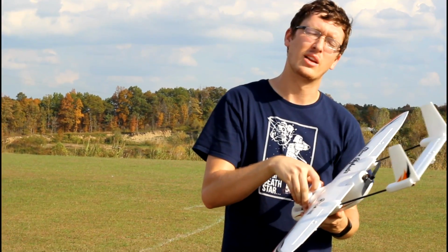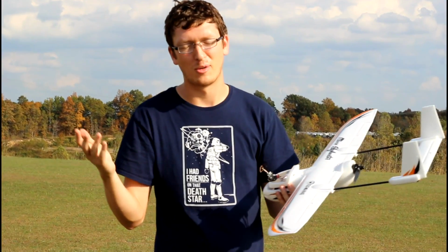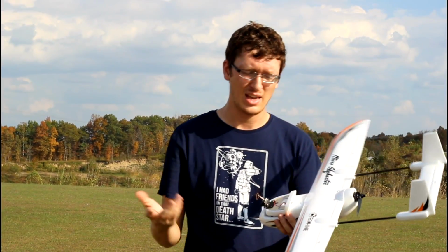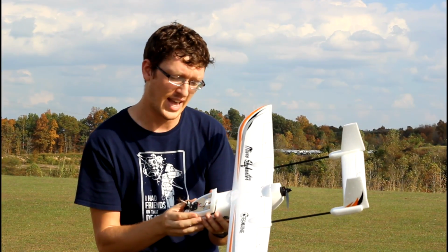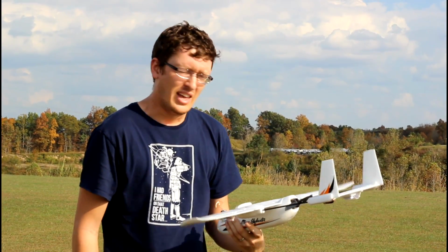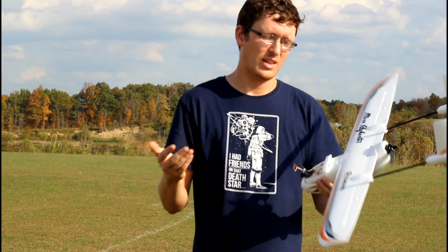Pretty acrobatic plane. It'll do rolls, not barrel rolls, very easily, and it does loops quite nicely. Pretty long flight. It flies very quick, agile, and as I say, super durable plane. So if you're into fixed wing FPVs, or you want to be,